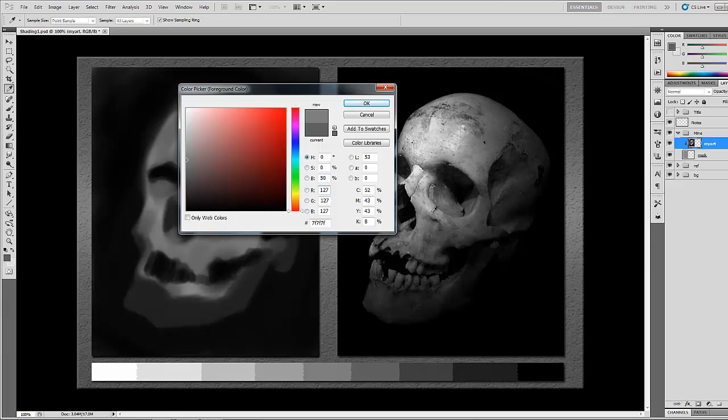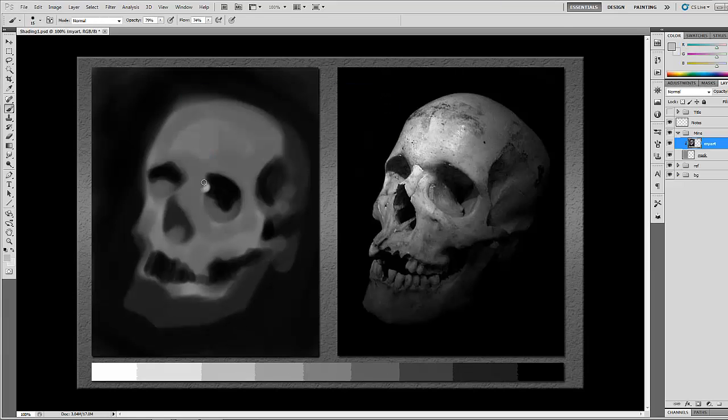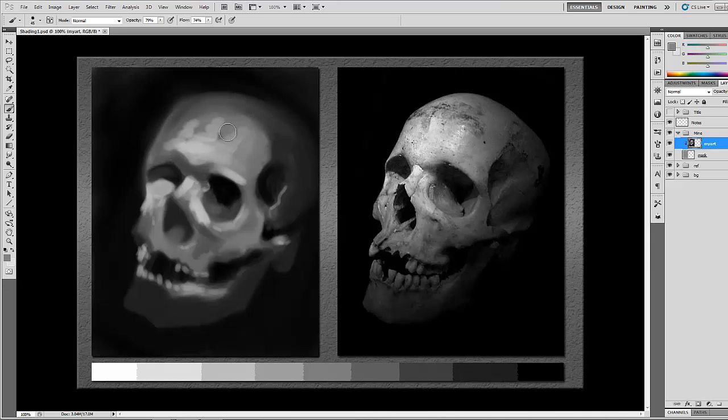As I go around the image, I try not to sample from the reference image, but I try to pick a shade of grey using the colour picker and find the closest match to the one in my colour chart at the bottom. I lay down the general shape that I'm seeing of that tone, and then I compare my image to the reference image, and I sample from my image to get gradations that are in between the 7 steps. So as you can see here on the forehead, I started with what would be number 5,